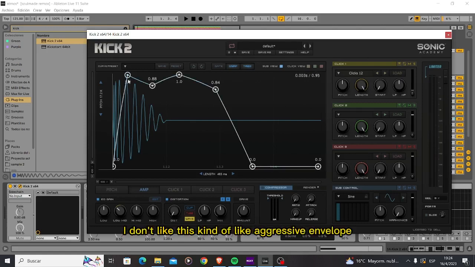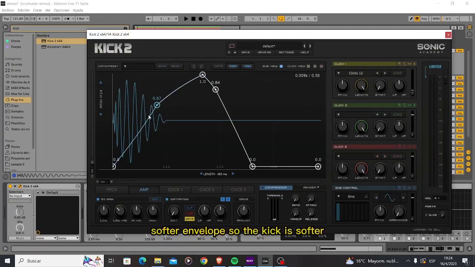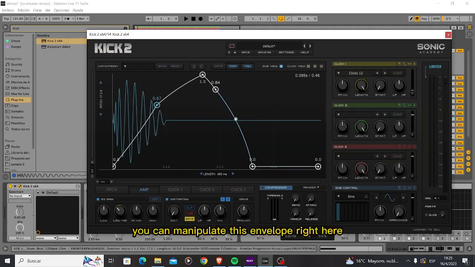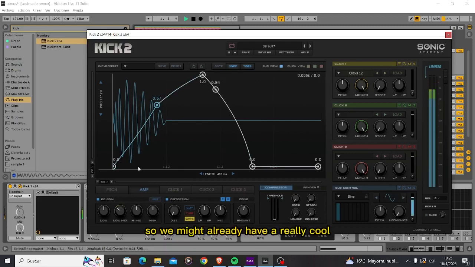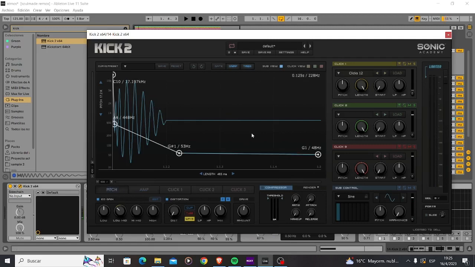For progressive, I don't like this kind of aggressive envelope. I will do a softer envelope, so the kick is softer. I like to do a more rounded tail. You can manipulate this envelope right here. So we might already have a really cool sounding kick. Now we can play around with the pitch